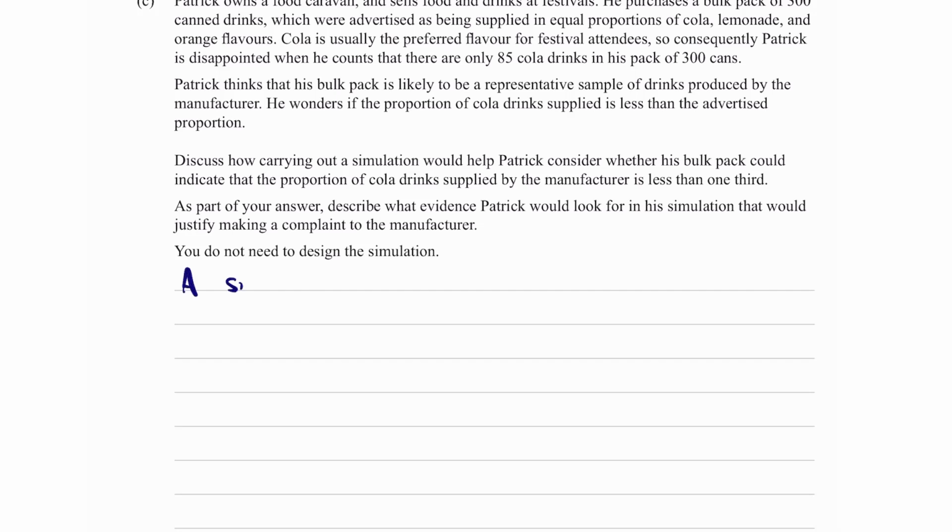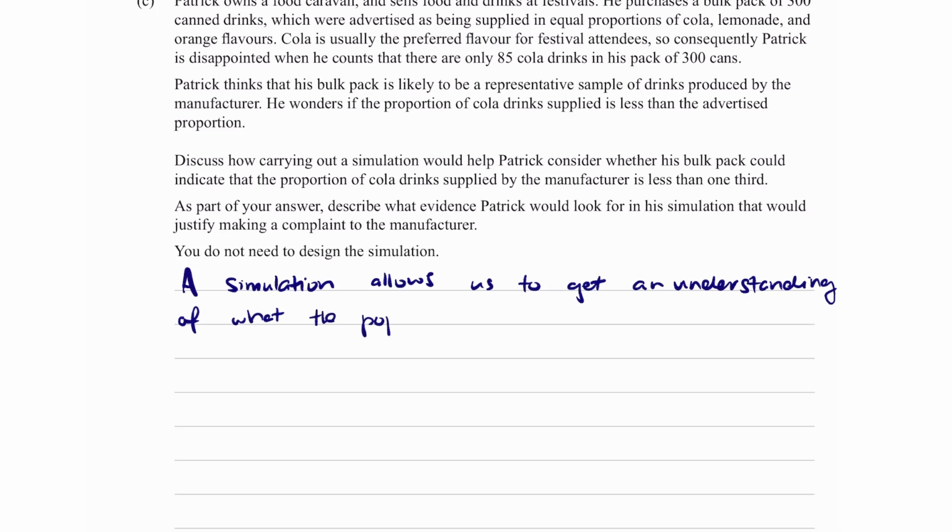Right, so we'll say, I guess, a simulation allows us to get an understanding of what the population values look like, right? Because we never actually know the true population value, or population probability. If we did, then there would be no need for statistics, right? So we never actually fully know. But a simulation allows us to emulate that, given that if we increase the sample size, if we increase the amount of tests that we do, we get a better and better indication, or a value which gets closer and closer to the population, right? So what I'm trying to say here is that